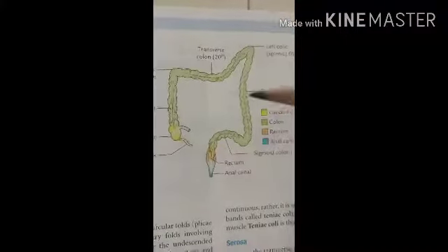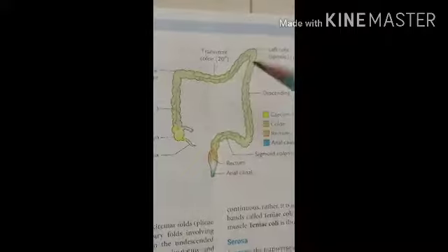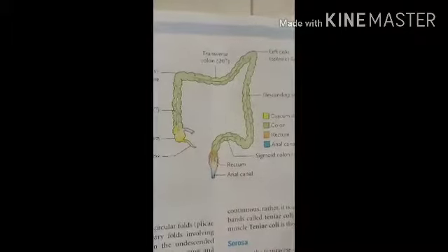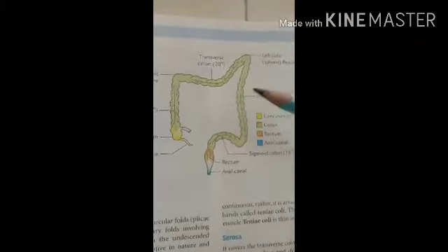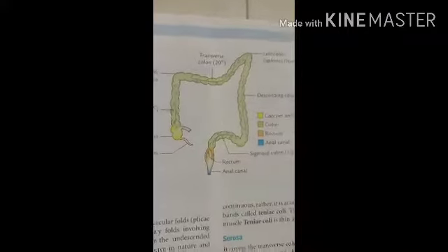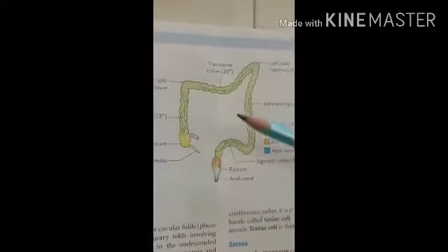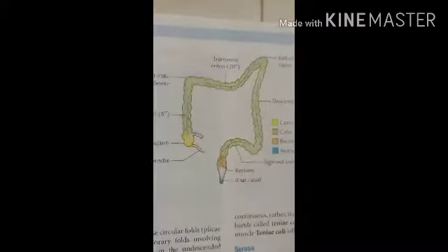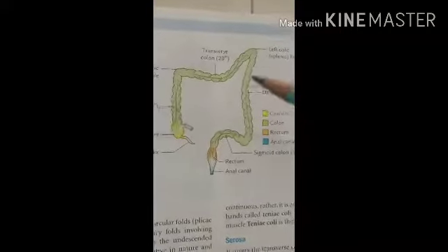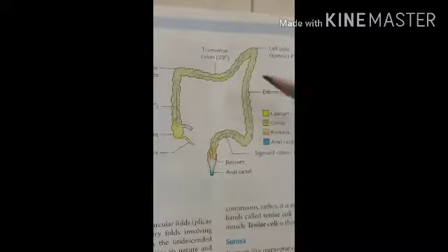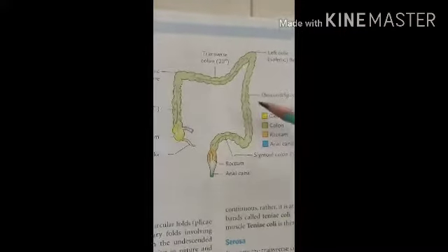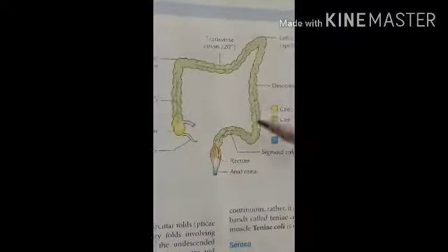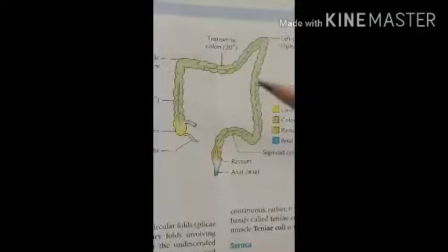Then let's see the functions of the large intestine. First, absorption of water from fluid contents in the colon. Second, the storage, lubrication and expulsion of the feces. Third, the synthesis of vitamin B by the normal bacterial flora present in the lumen of the colon. And last, protection from invasion by microorganisms by its mucus secretion, which is rich in the IgA group of antibodies. So these are the main functions of the large intestine.